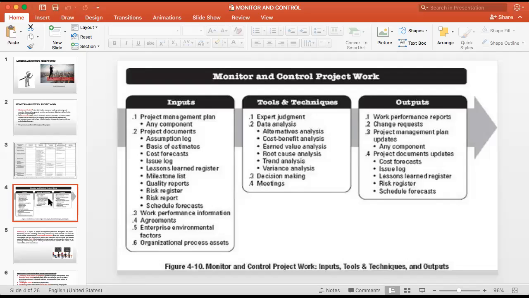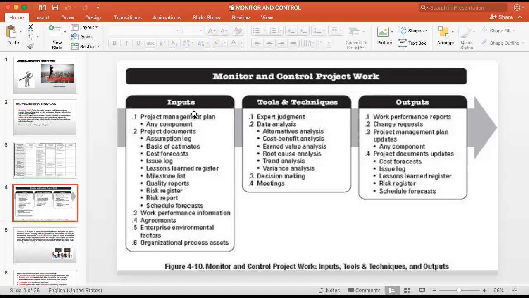values and actual values. For that, you have to have the project management plan. That is why the project management plan has been given an important place as an input in this process. So you need the project management plan, and any other components, which means you have 10 subsidiary plans. Out of that, scope management, schedule management plan, cost management, risk management, stakeholder engagement, communication management, procurement management. Likewise, you have 10 areas, the subsidiary plans. So all these things come into the scene when you select the project management plan as an input to this